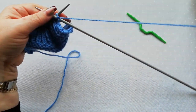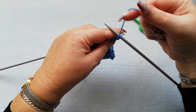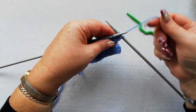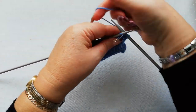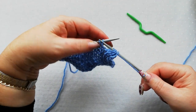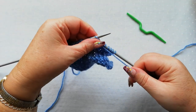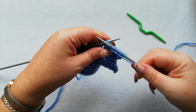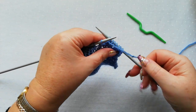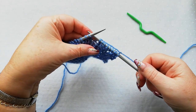So the first 2 stitches are going to be purl stitches. So we've got 1 and 2, yarn around, and then we're going to knit 2, yarn back to the front, and then purl 4. This is where the cable is going to lay on the right side. 3 and 4. I'm going to knit 4,